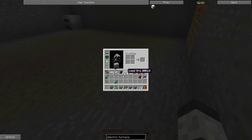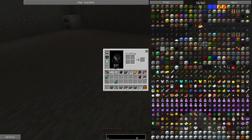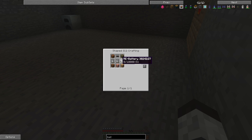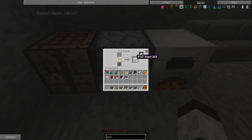Also, EU storage is important because one of the advantages to the electric setup is that you don't end up burning extra coal. So power storage can help keep you in that direction. It's just a BatBox. 3 batteries, copper cable, and some wood makes a BatBox, which lets us store power. Not gonna get there today, I think, but